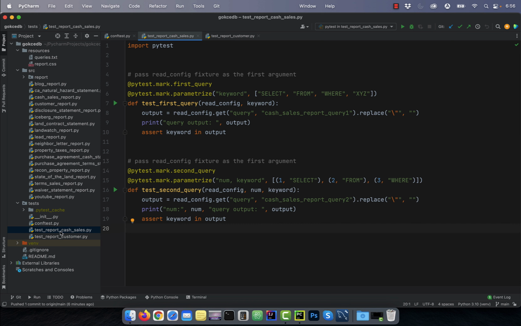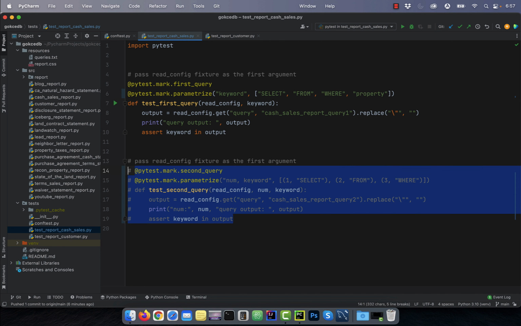To parameterize a test function, you have to use the @pytest.mark.parametrize decorator. For the test first query function, I'm defining 4 values for the keyword parameter. On line 10, I'm asserting whether all these 4 keywords appear in the query output for the cash sales report